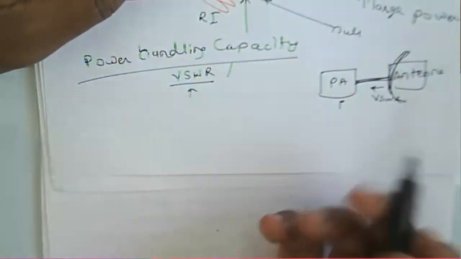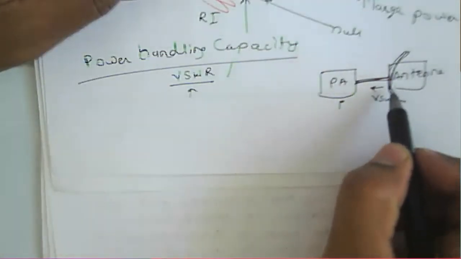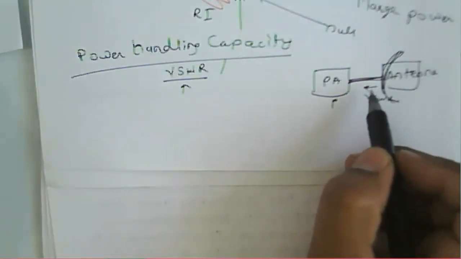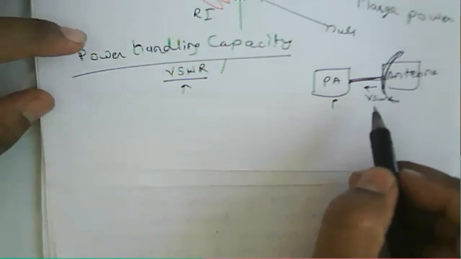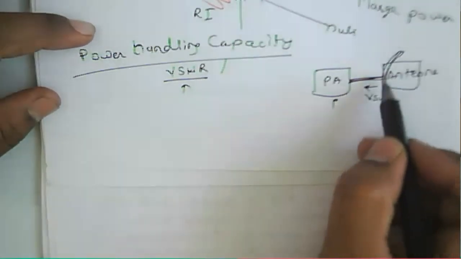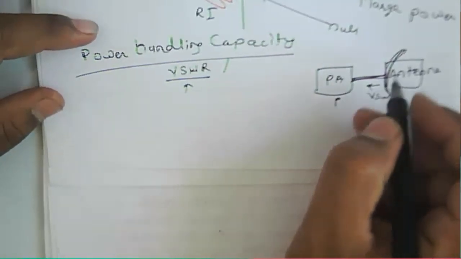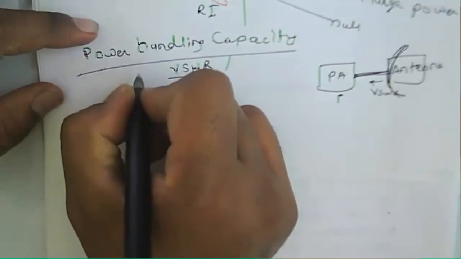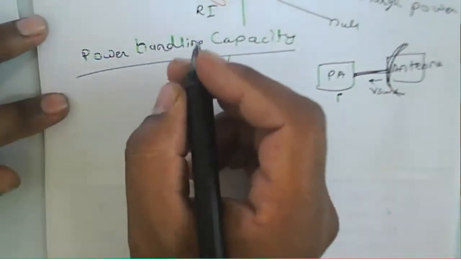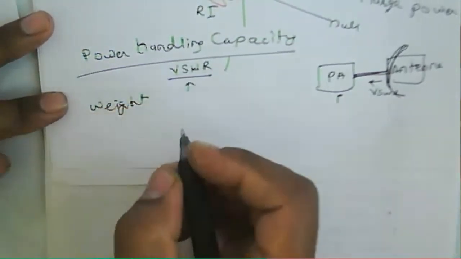So the antenna will reflect the power from this, because the handling capability is not large, so it will reflect that particular power. So that's why the return loss will be more there. And due to that, the power amplifier may be damaged because of that return loss. So we should know what the power handling capacity of the given particular antenna is. Then we should know the weight of that antenna,